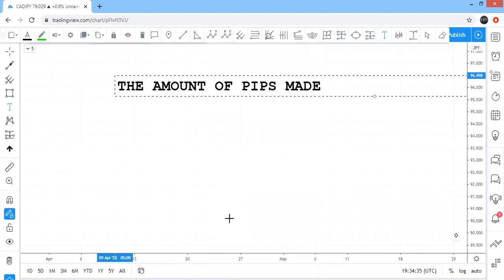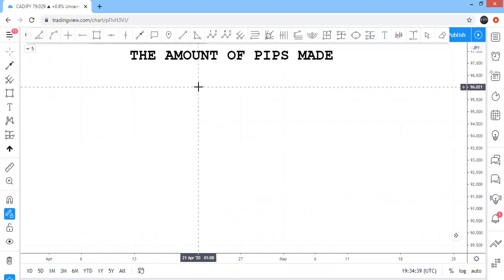And this is where I guess Africa has been put on the map when it comes to pip making, because we were fed the lie that you need a big account size to be able to make money. So what they will do is they'll maybe have $10,000 because that's what they have floating around. They'll enter a trade, make 3 pips, but their amount that they received was $500. And everyone's like, wow, I need to sign up with you.